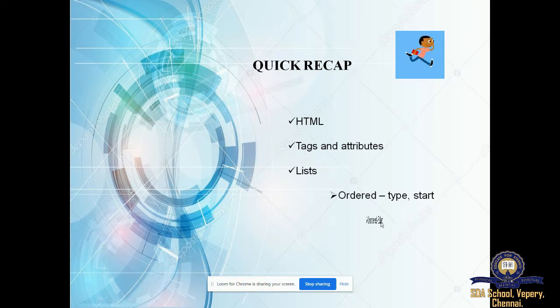And the second thing we have seen is the unordered list, and the type used is bullet. Using bullets you denote the points, and it does not have any sequence. The third thing we have seen is, yes, good, the definition list. Definition is nothing but defining a term along with its description. So that is your definition list. We saw examples of how to create ordered, unordered and definition lists in the previous session.